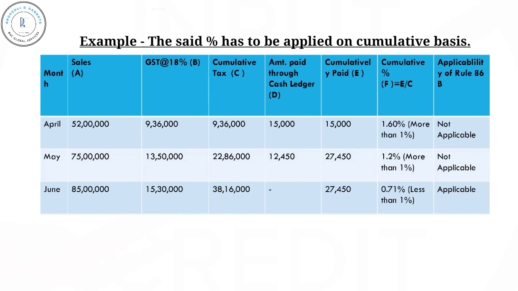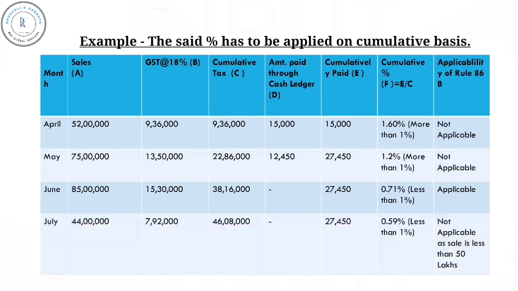Cumulatively paid, E: 27,450 rupees. Cumulative percent, F equals E/C: 0.71%, less than 1%. Applicability of Rule 86B: Applicable. Month, July. Sales, A: 4,400,000 rupees. GST at 18%, B: 792,000 rupees. Cumulative tax, C: